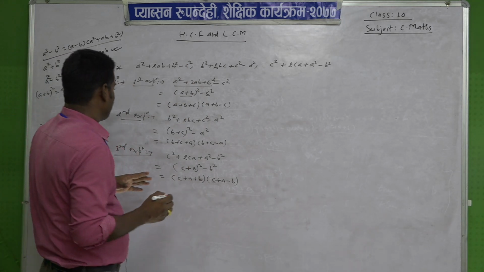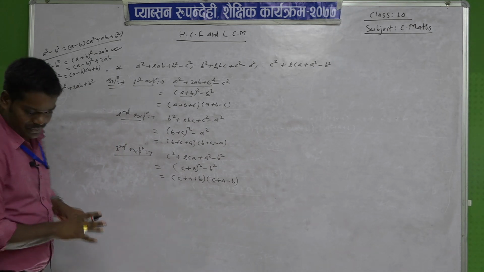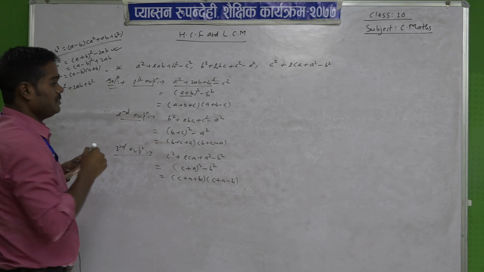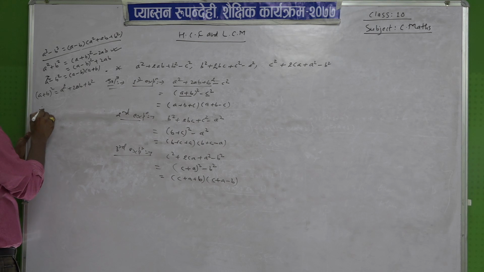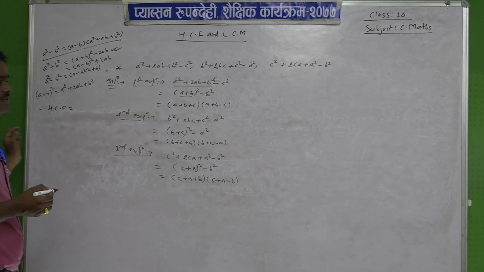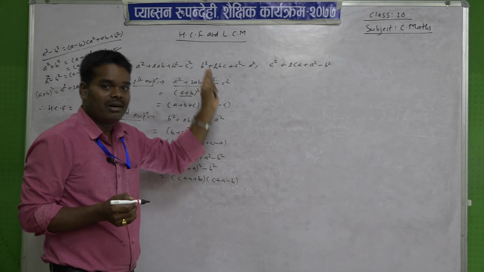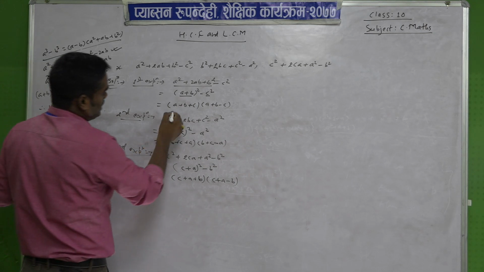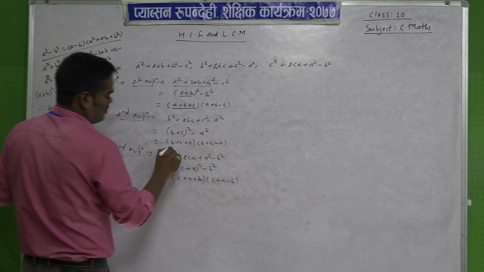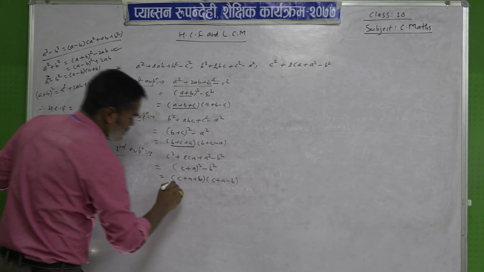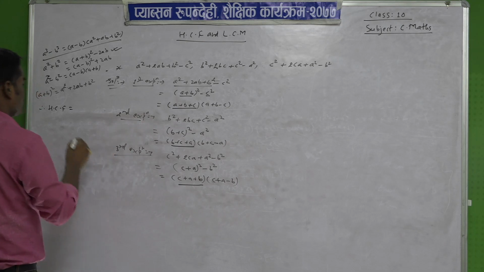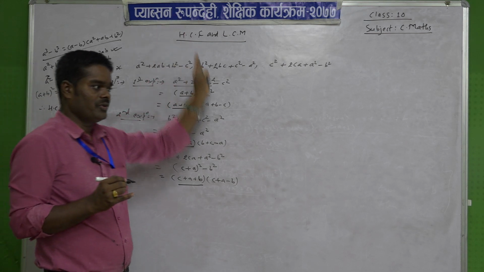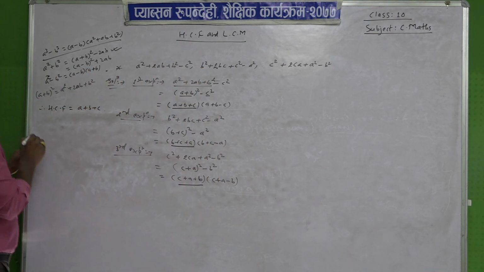Now the term for is what? To find the SCF and LCM. So see there. Therefore SCF means the factor that lies in all expressions. See here, a plus b plus c is here, b plus c plus a is here, means same, c plus a plus b is here, means same. So a plus b plus c is the common factor for all expressions here. And then after, LCM.